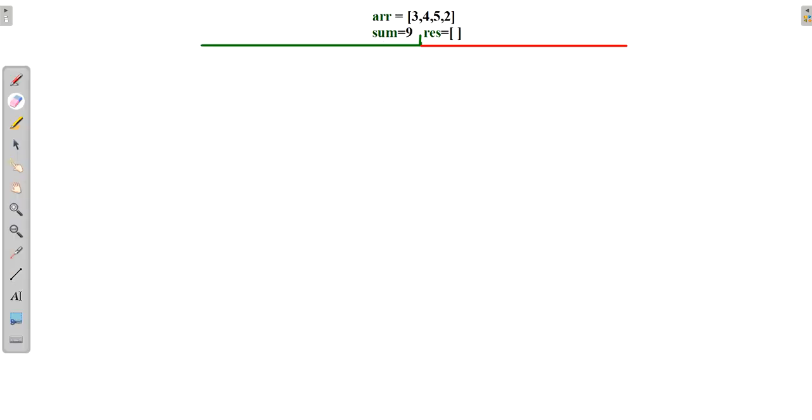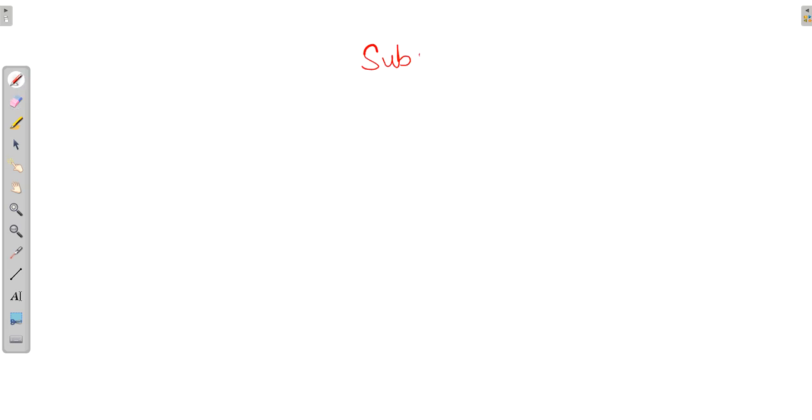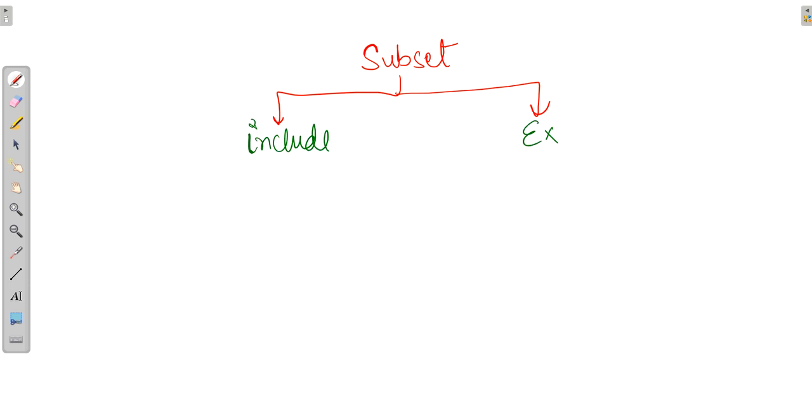Before going to the recursive way, let's know some important points for subsets. For calculating subsets, we should keep two things: first, include, and the second one, exclude. If we have been given an array, I'll take the same 3, 4, 5, 2. Either we can search the numbers for the subset from the start or from the end, whichever way you feel comfortable with.